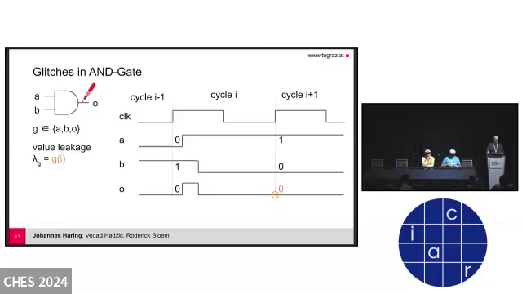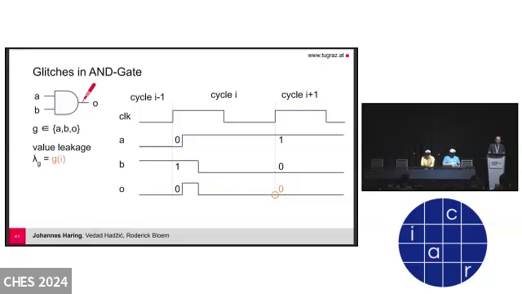The value state change diagram you can see here is basically an exaggeration of how a timing difference in the inputs A and B might have an impact on what is being received at the output O. So in this case, A starts with the value 0 and B starts with the value 1. And during the cycle, both of them change their value. So the result of the AND operation is still 0. However, due to an, in this case, exaggerated timing difference,